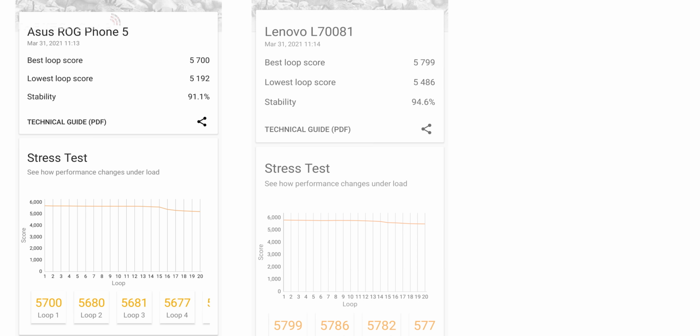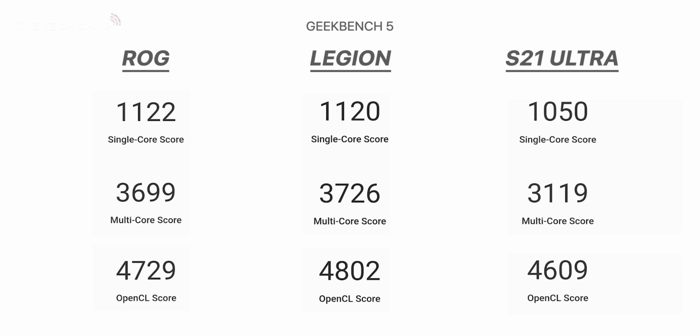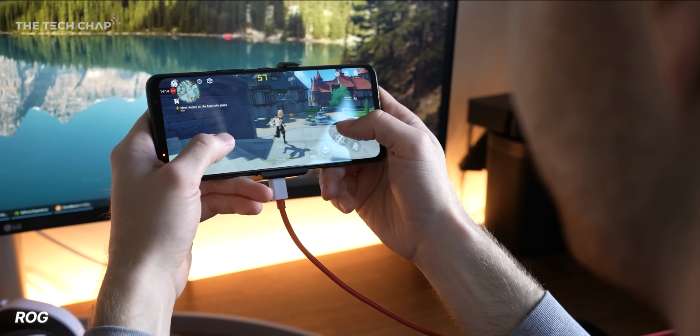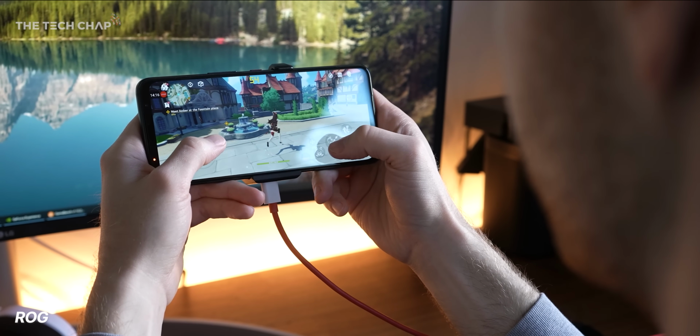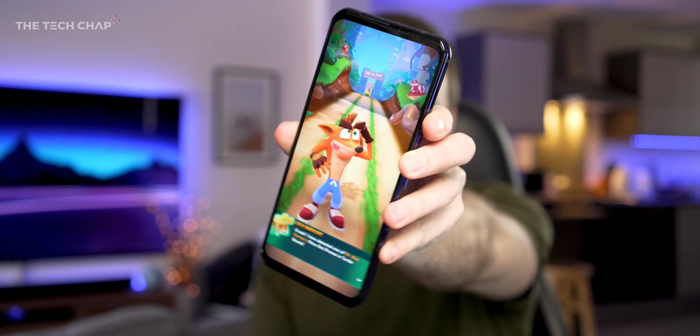Now, for a bit of context, if I bring in the Galaxy S21 Ultra, which also has a Snapdragon 888, just look at that difference in the lowest loop score and the stability. And if you're interested, here are the 3 phones compared in Geekbench 5 for both the CPU and also the OpenCL compute test. So on both the ROG and the Legion, the vapor chamber cooler and the active fans make a huge difference to sustained performance, which is, as I say, where gaming phones really stand out. The thing is though,